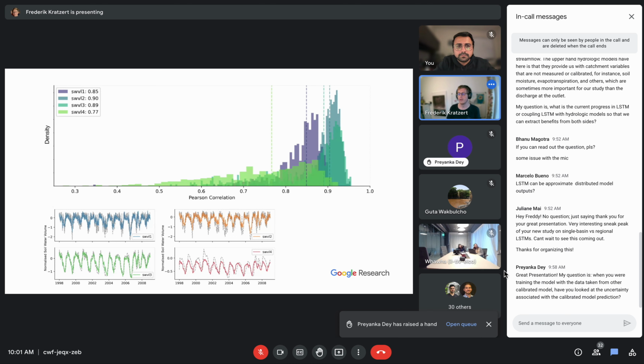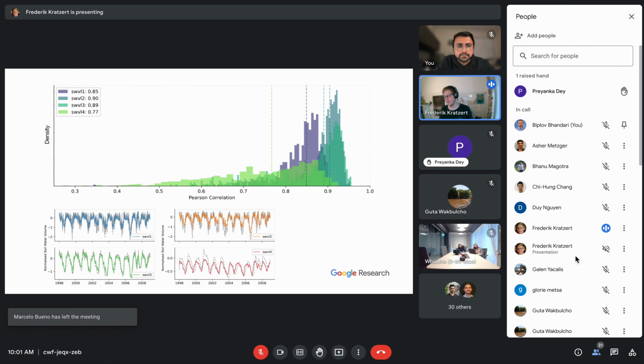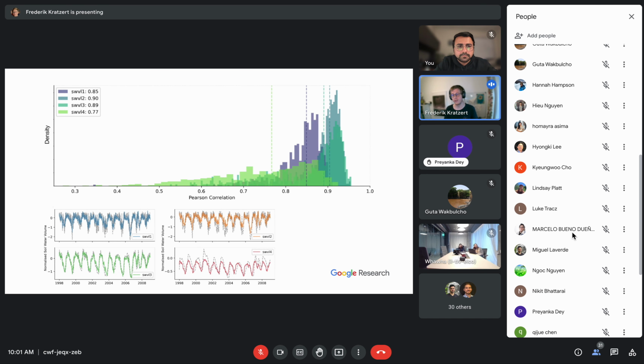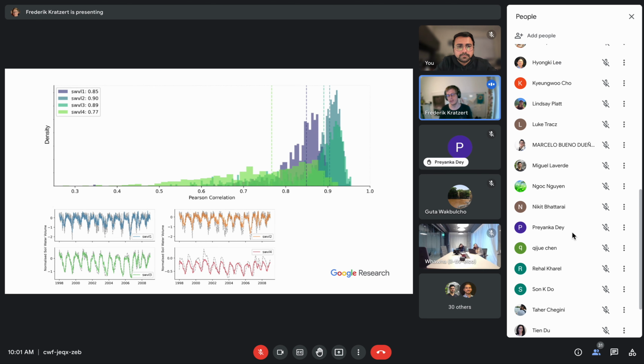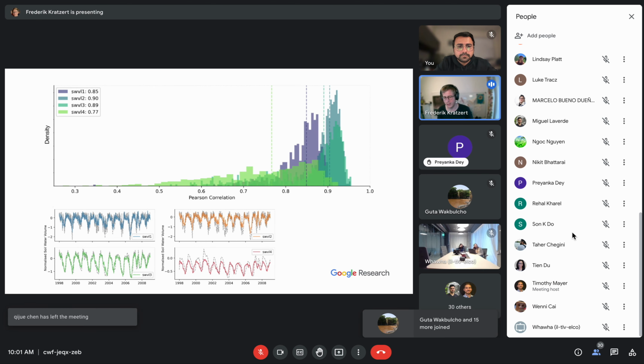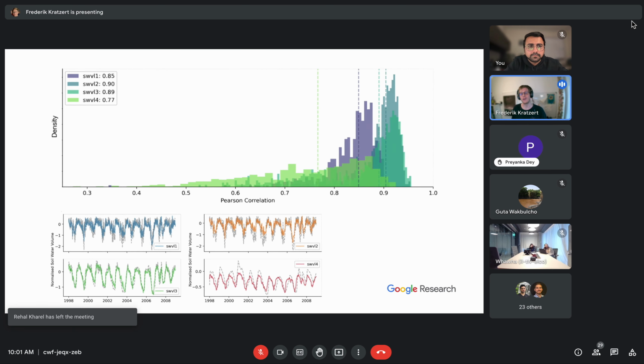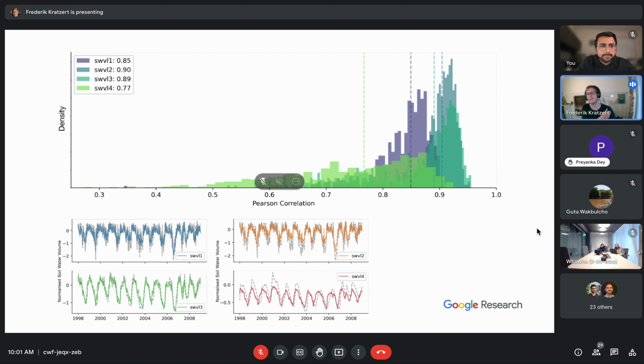And the other thing is, if you have information about uncertainty in the inputs, then my best bet so far would be to try to include as many inputs as possible. For example, for ECMWF precipitation, they have 50 different ensemble members. You can use just the control member, or you can try to use all 50 precipitation ensemble members and let the model learn in which parts of the world which ensemble member is the most representative.